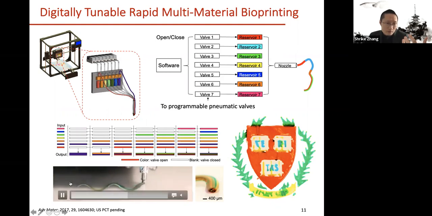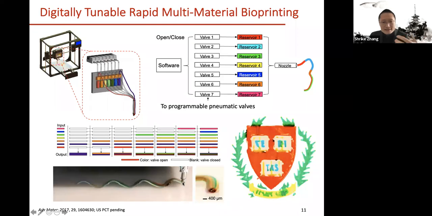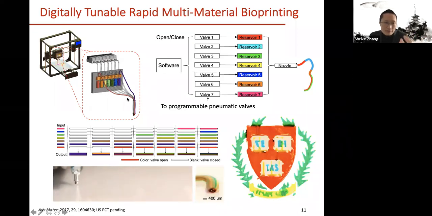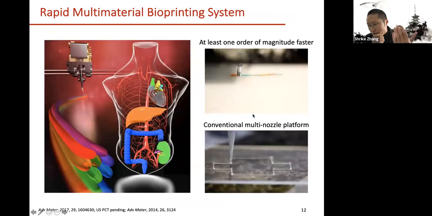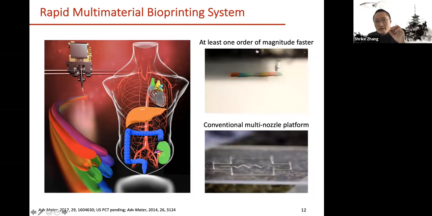For example, you can start with a single material, and then each turn you add another material, and eventually you can simultaneously print all 7 different types of materials in a single printing process, right? So that gives you a lot of control over the biomaterial deposition in this unique setup. You can then print a more complex structure, like a hardware batch, with all the different materials in there. And one of the advantages of this bioprinting method is, as you can imagine,